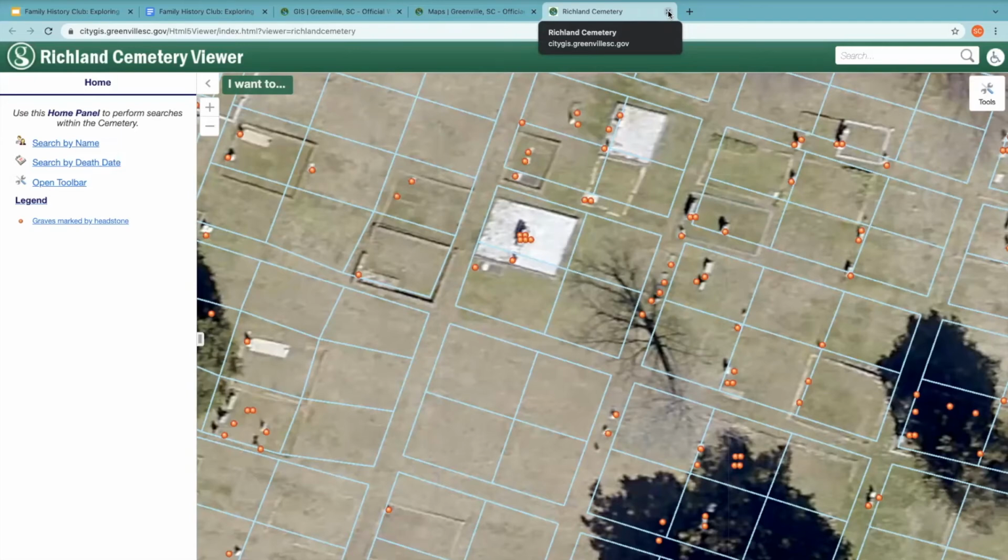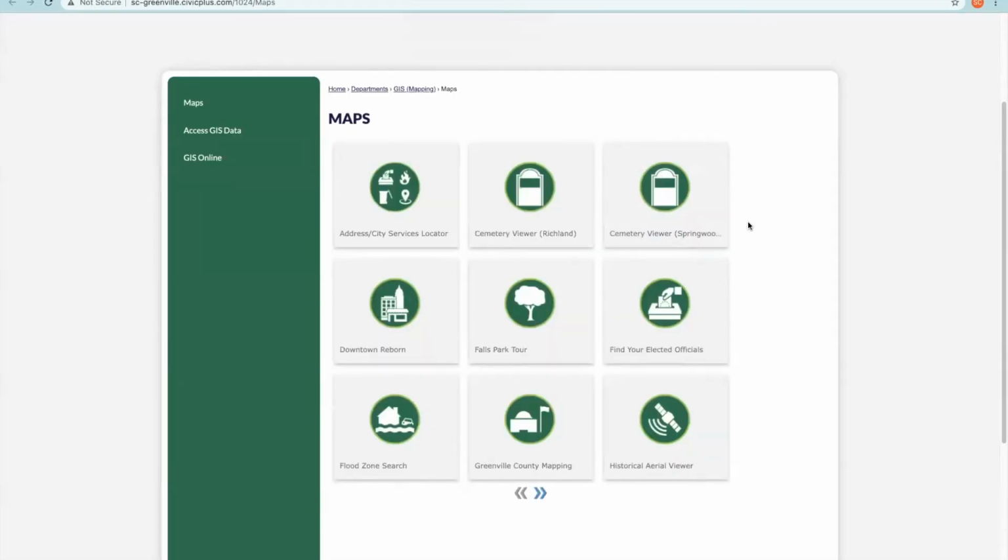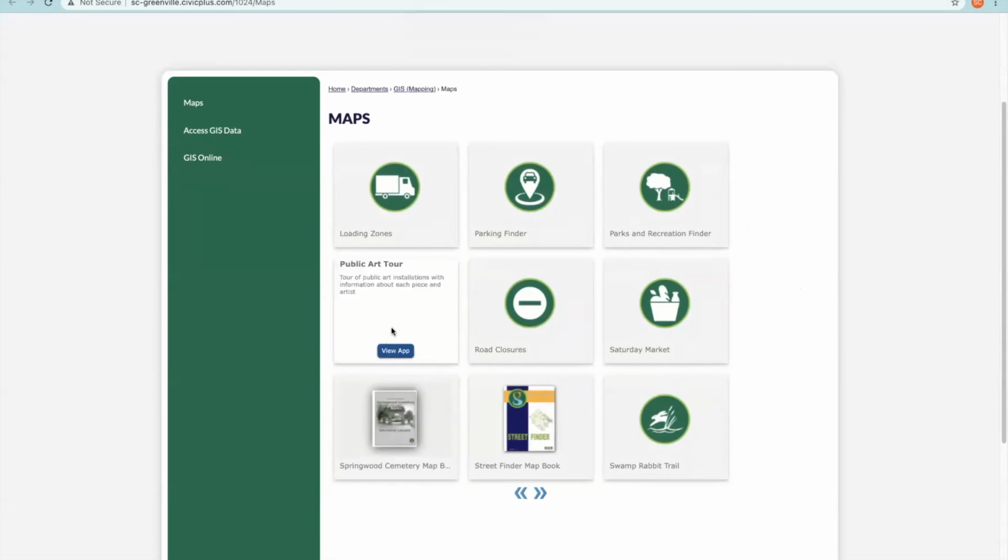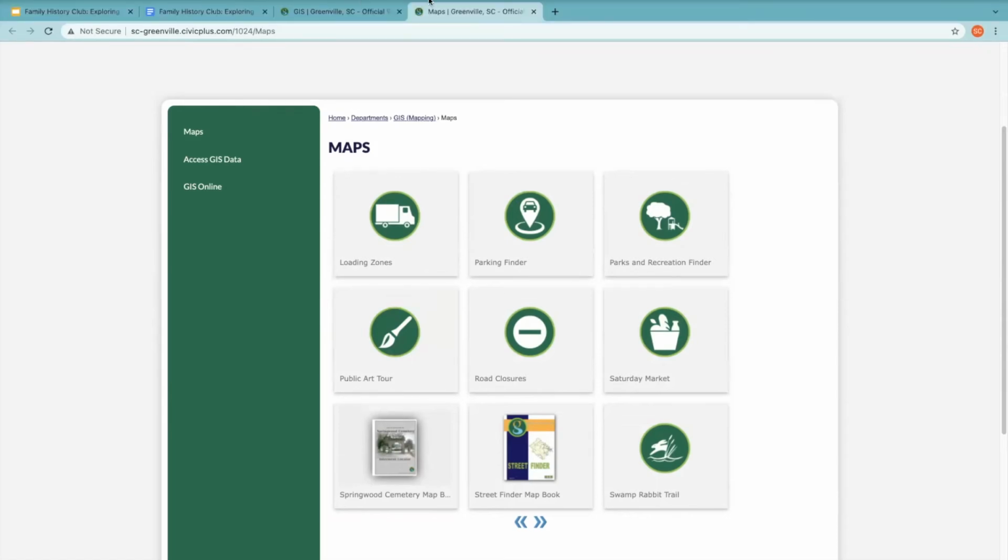Okay, so the next one I want to show, I'm just going to close out, but just to mention, there are so many cool ones here, maybe not for genealogy purposes, but I will mention some. One of my favorites, aside from genealogy, is the public art tour. You can see every piece of art in the city. It's so neat. One time we had an old photograph in our collection, and we were trying to identify the piece of art, and it was an abstract piece. We were able to use the public art tour to find it and have all the information about it. So yes, even for local history, that can be helpful.